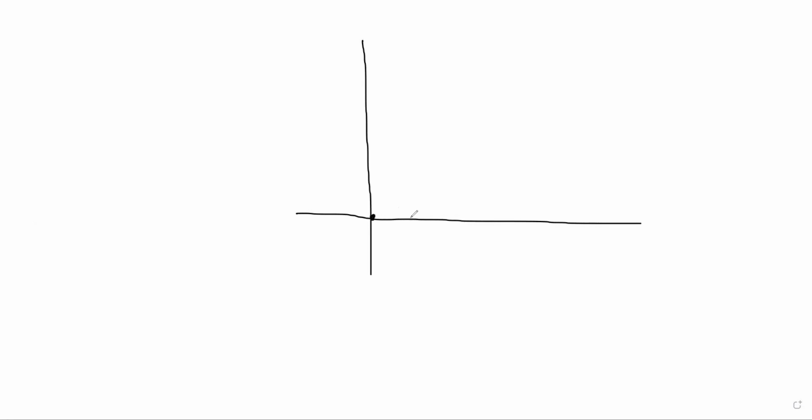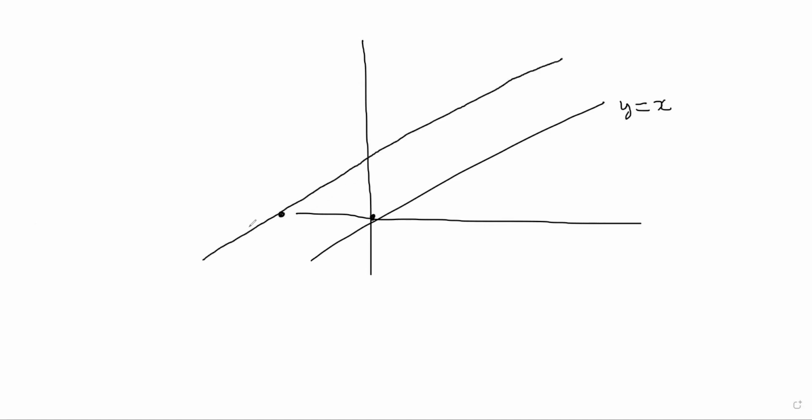So we can say that we have one line like this, y is equal to x. And another line like this, which passes through minus 1 comma 0, and this is 0 comma 1. So it is y is equal to x plus 1. Notice that the slope is 1 in both cases, so it is parallel definitely, because this is 45 and this is also 45.